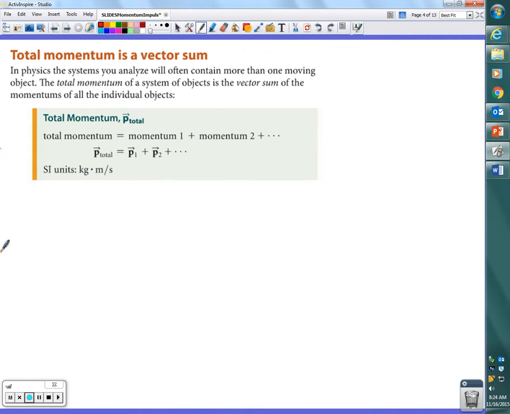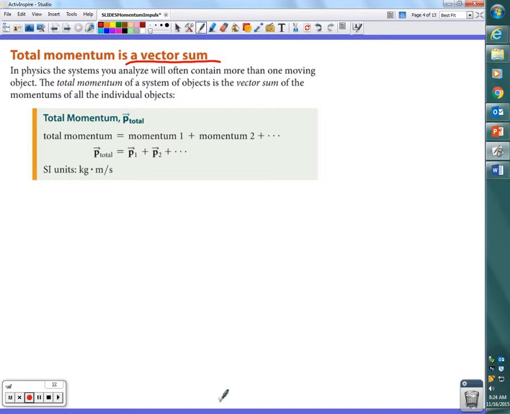Because momentum is a vector, right? Yeah, you get into this when you do the ideal gas law and stuff like that. Because momentum is a vector, when we talk about multiple objects, we have to find the vector sum. Now, if we start in one dimension, a straight line,